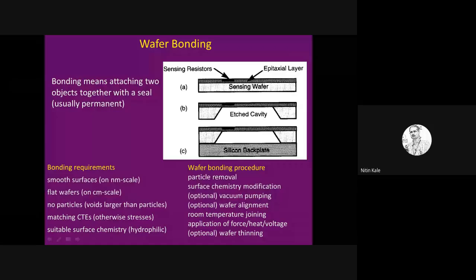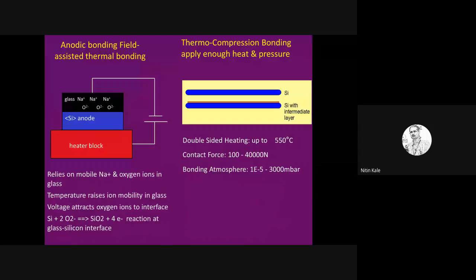Now there are various techniques of sticking two wafers together. There are certain requirements. For example, it should be very smooth, it should be very flat, no voids, the thermal expansion of the two materials should be the same, etc. There are two popular methods. One is called anodic bonding, and second is called thermocompression bonding. In thermocompression, you essentially have a glue layer here, and glue is not the actual glue, but some other layer. And then what you do is you raise it to high temperature, apply a huge force, and